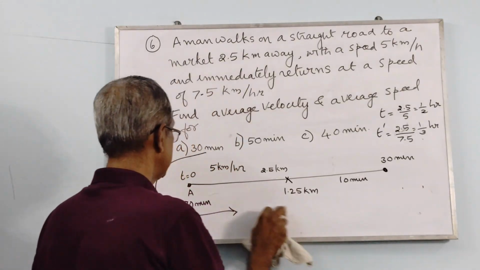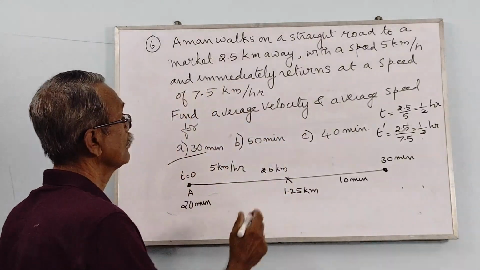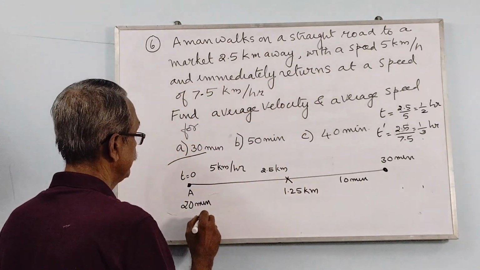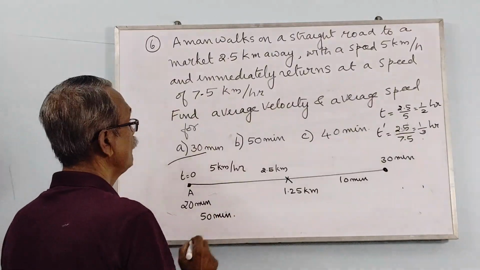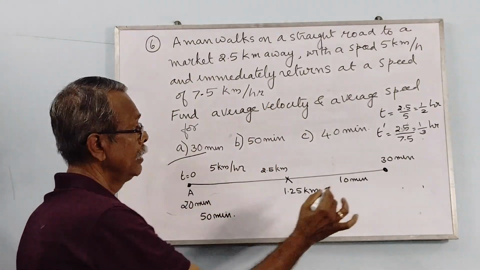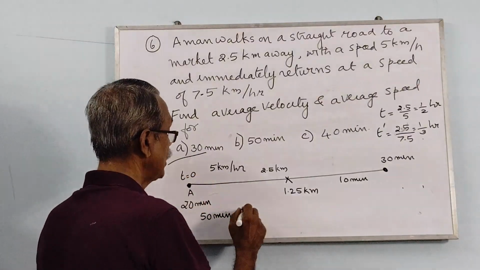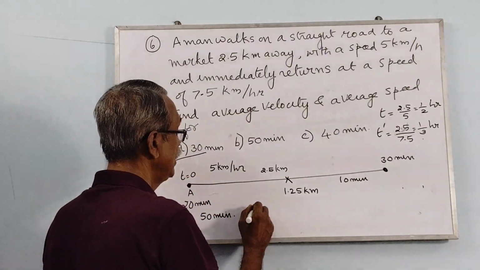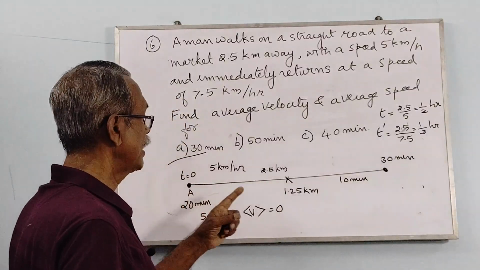Now the next part. Next part is for 50 minutes. We will calculate the velocity. In 50 minutes, he will reach the original position, and therefore average velocity is equal to 0. Average speed,